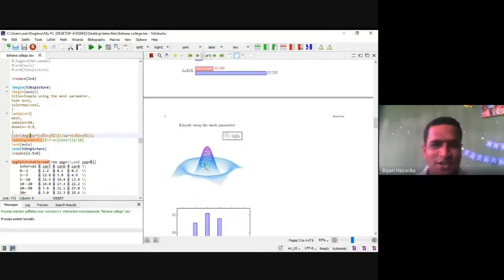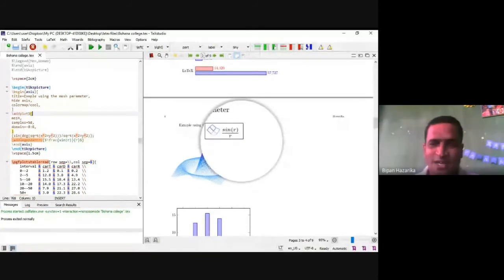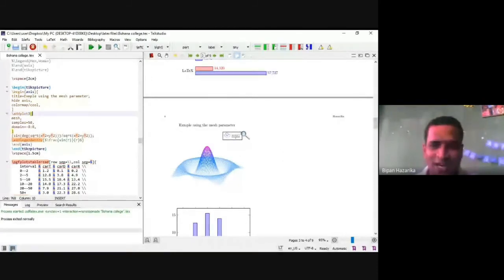Okay, we can draw it in LaTeX easily. The scale we can put according to our choice. Scales are available, we put our scales. We can enlarge it; this figure we can draw large, we just change the scales only. So this is the graph of sine r by r, where r means the square root of x square plus y square. This is our r, and your graph is this one.